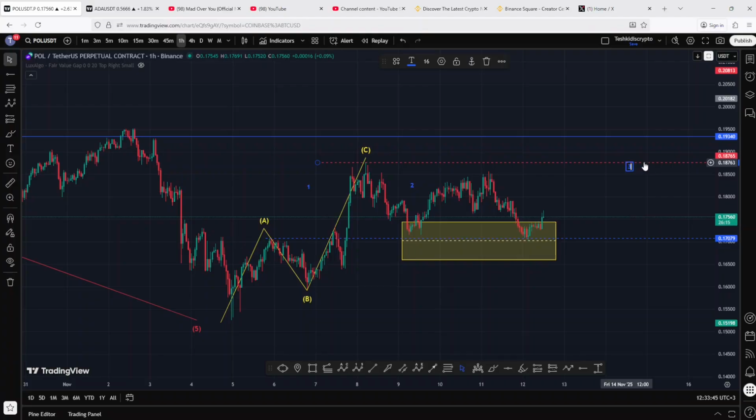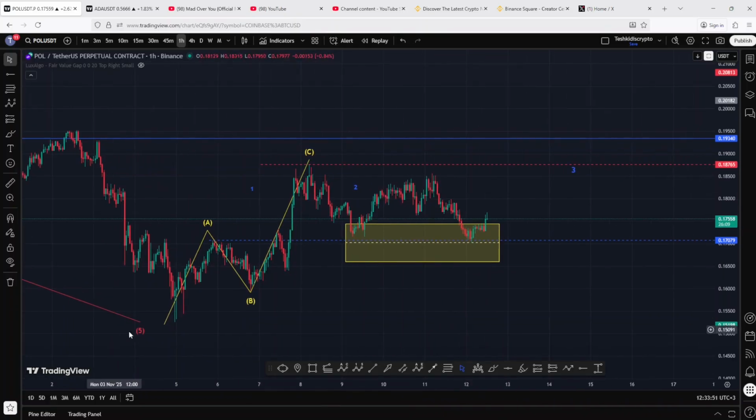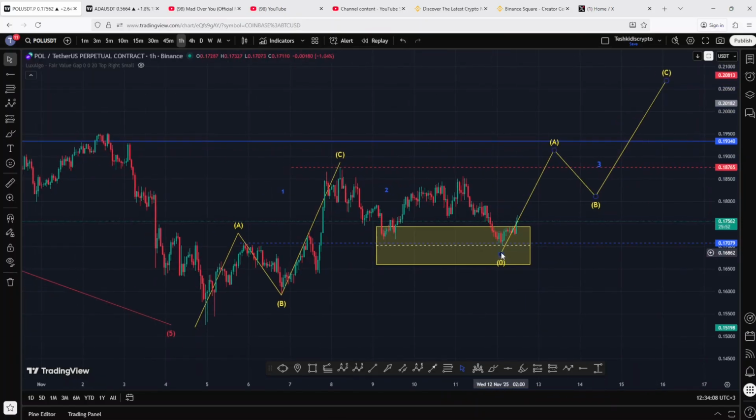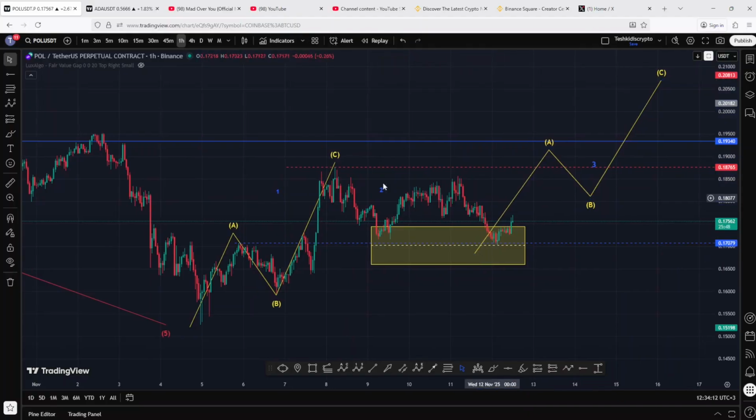So there's a very high chance that a wave 3 is now unfolding, and that wave 3, just like the wave 1 over here, can also unfold as an ABC corrective structure. So we can expect a wave A, then a wave B pullback, then finally top out in the formation of that wave C to the upper side. And on that bounce, we first need to see a break above the significant high we made in this wave C above the